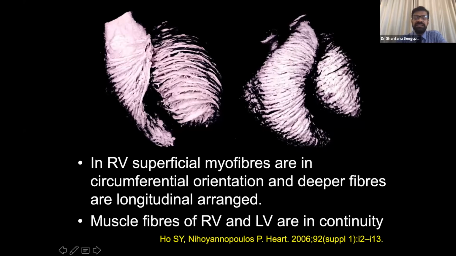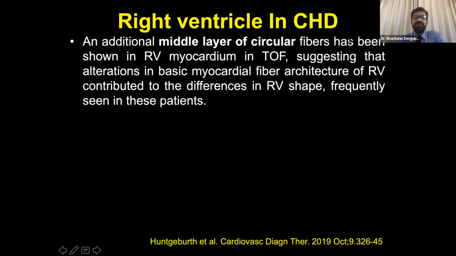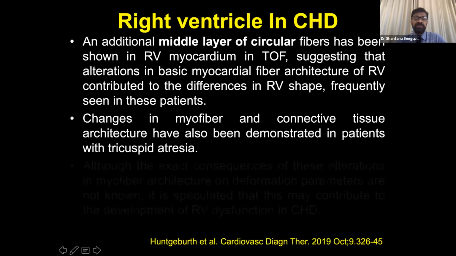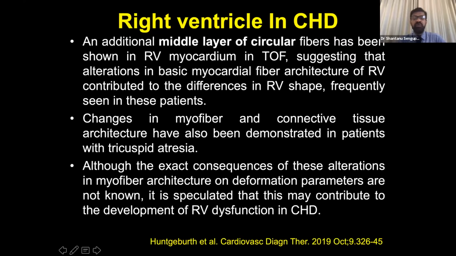Now, this is normally seen in a normal person, but it has been mentioned that in congenital heart disease, there is an additional middle layer of circular fibers, which has been demonstrated in patients of TOF, suggesting that there is an alteration in basic myocardial fiber architecture of RV, which can change and cause differences in the RV shape frequently seen in these patients. And changes in this myofiber and connective tissue architecture has also been demonstrated in some patients of tricuspid atresia. However, how to deal with this alteration in deformation parameters is still area of concern,